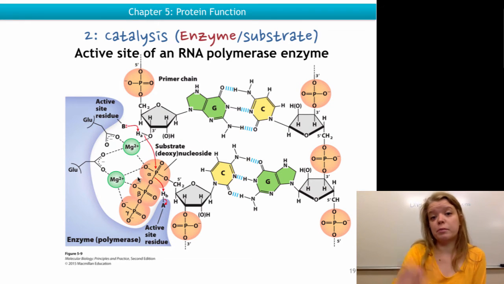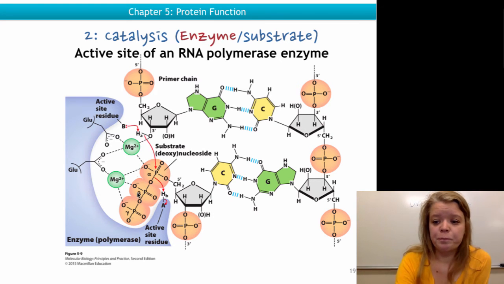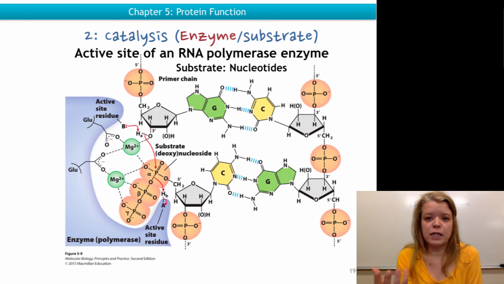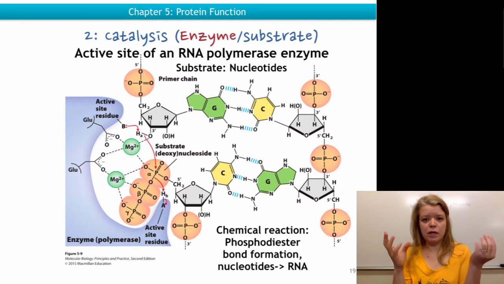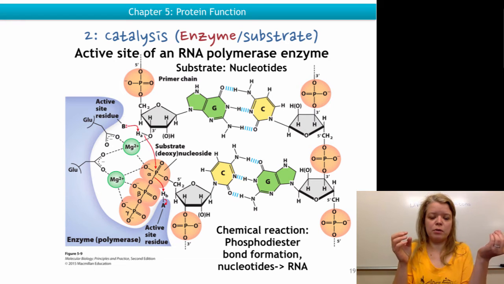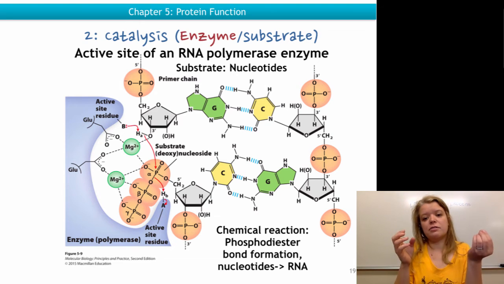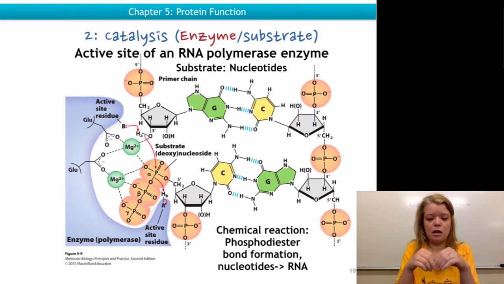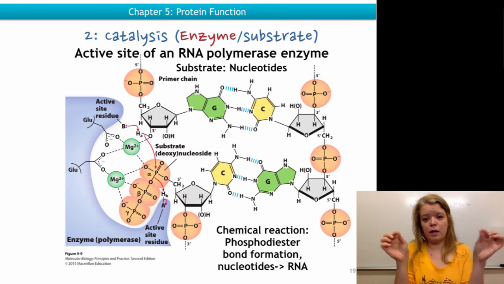So this is an example of one particular active site, again using the RNA polymerase. In this case, the substrate are the nucleotides, and the product is the RNA being produced. And the chemical reaction that the RNA polymerase enzyme catalyzes is a synthesis, a formation of the phosphodiester bonds and the conversion of the ATP, CTP, GTP, and UTP into a polynucleotide stretch,